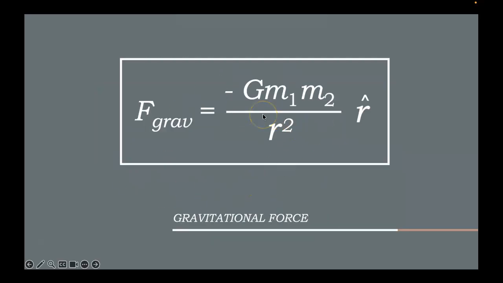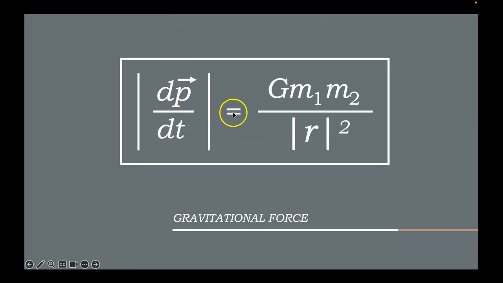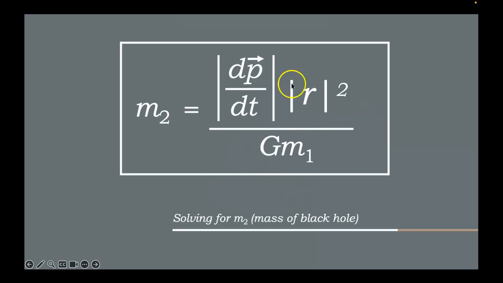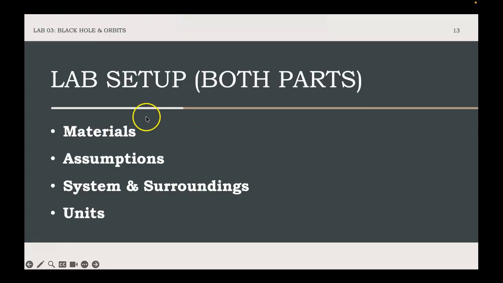Also, we have the gravitational force formula, and we substitute F grav here for dp over dt, and then we can solve for mass 2, which is the mass of the black hole, and this is how we find the mass of the black hole from Part 1. And we use both of these for both parts. So for our lab setup here, materials are the GlowScript code,